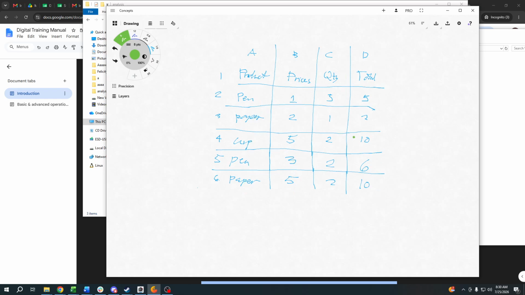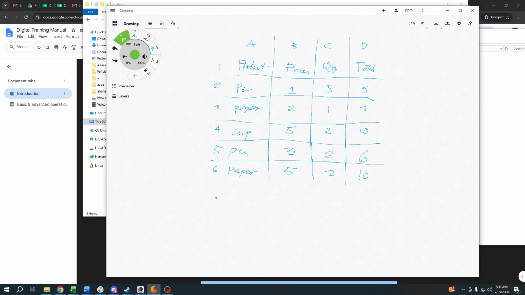So if the computer, or say the user, locates the location of B5, or for example D6, A3, D2, and C4, that's how the computer locates the coordinates of the cell, I mean the cell value.